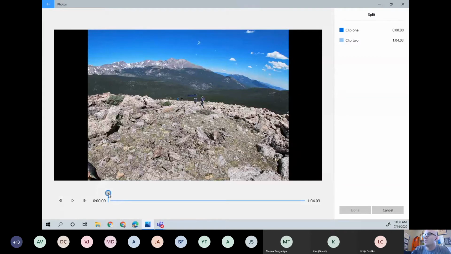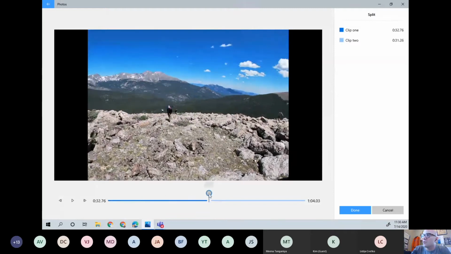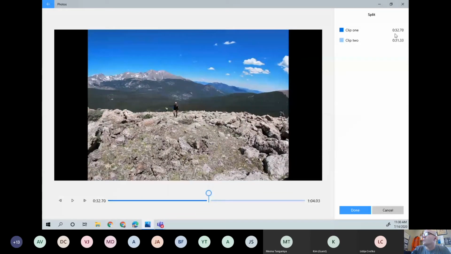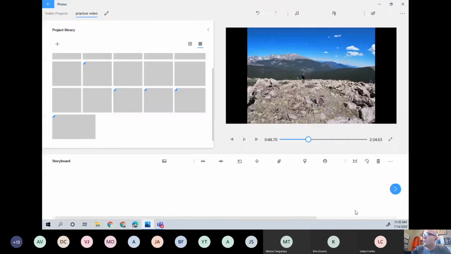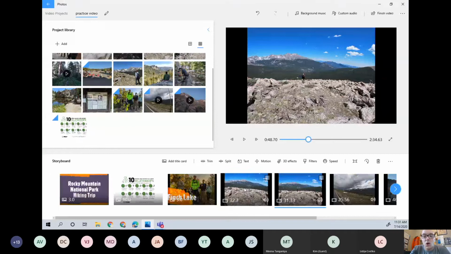You can take that video. Let's say this is a video where you're talking and you get about halfway through and you switch topics. Notice the first video is 32 seconds. The second video is 31 seconds. I hit split, and now that video is clipped into 2 things. So let's say you had a longer video where you were talking about 3 different subjects. If during the recording of that video, you will pause